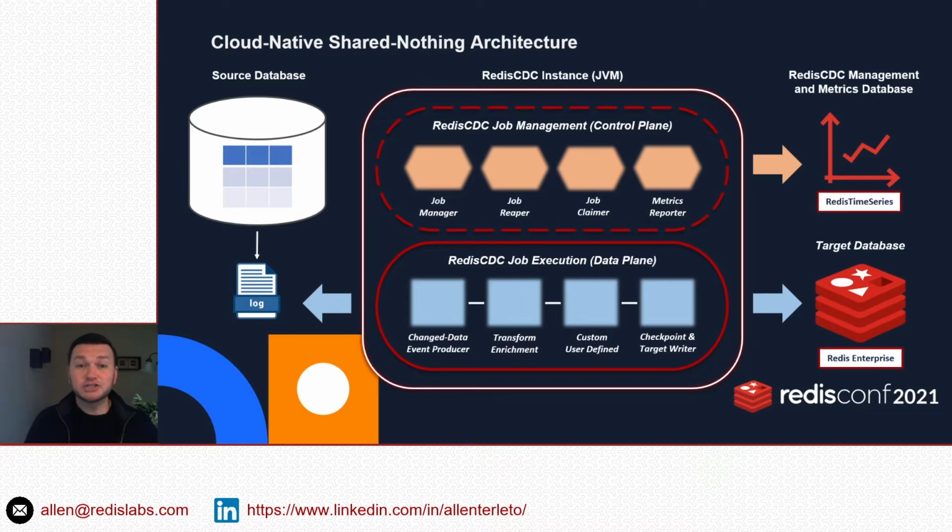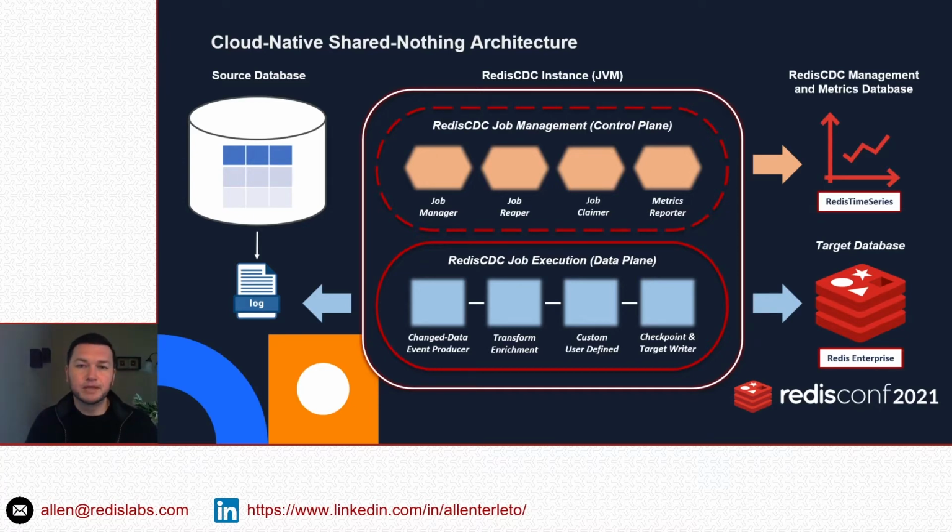In fact, RedisCDC is so efficient that most production deployments simply require a VM with 4 vCPUs and 8 GB of RAM, maybe less. A typical workflow only requires a few stages. However, since RedisCDC is a highly configurable and extendable framework, users can add additional workflow stages for complex transformations, things like tokenization or data masking, or add on custom user-defined business logic into the data pipeline. All of this is entirely configurable, and custom code can be added onto an extension folder, so it remains completely